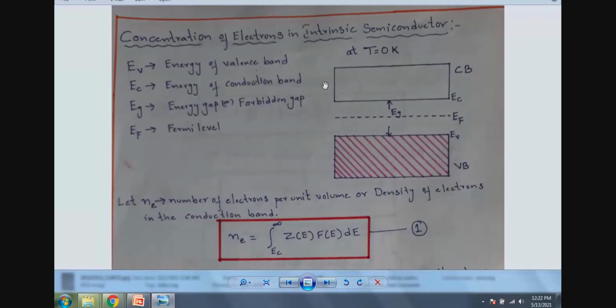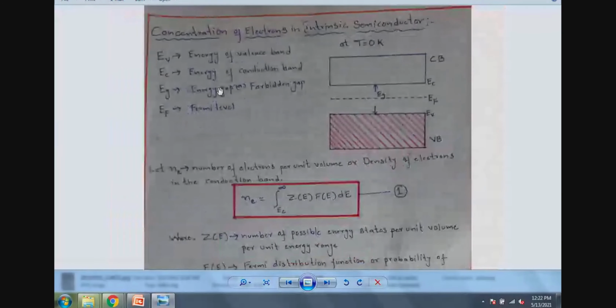Okay. See here. We denote EF as the Fermi level. So all of you take this diagram at 0 Kelvin. I am speaking at 0 Kelvin here. Okay, now let us assume